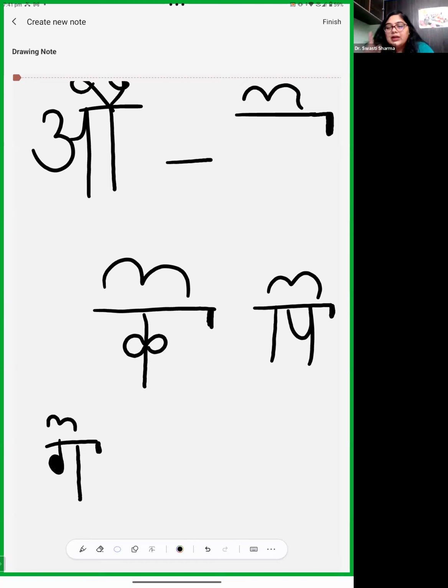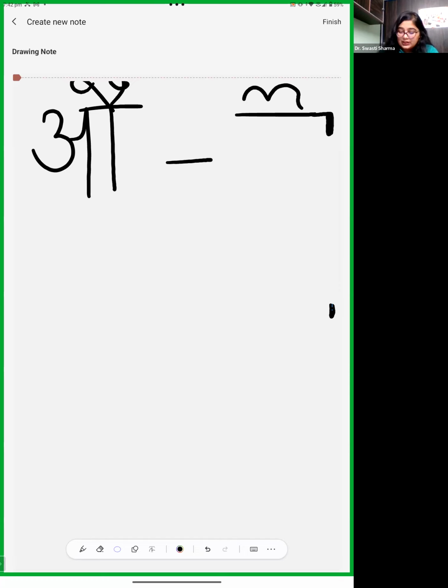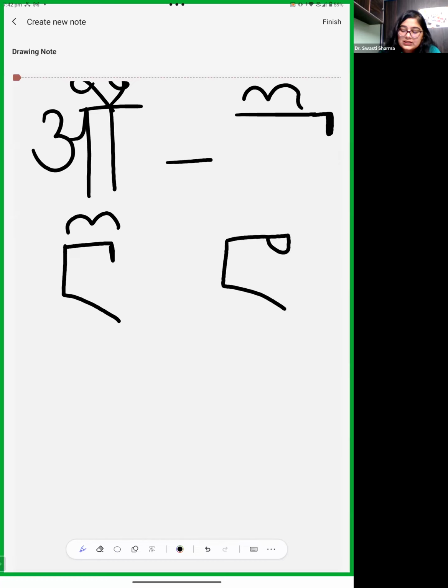What we will do, we add the matra of O and then a stroke to indicate the matra of au. This indicates the dirghatva, the larger one. Now we are going to focus on the special letters which were changed when we were adding the matra of a. The first letter was ng. This was ng and this is ngo. But when we are making au, we are going to make it like this. This is ngau.